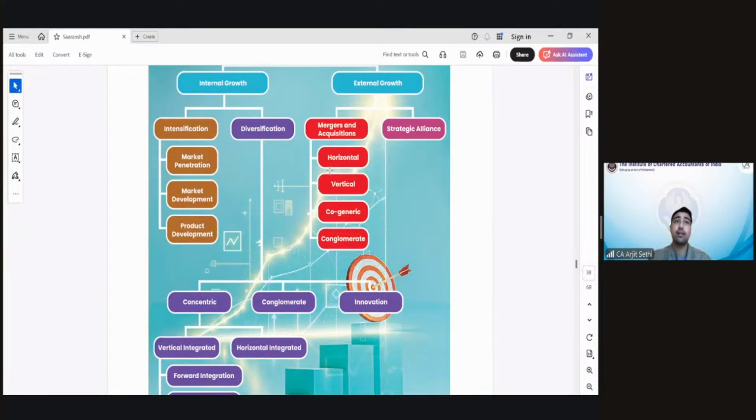Strategic alliances, you do your job, what you're good at, I'll do what I'm good at, but let's come together to build this, which is somewhat related to a business. You do your job, I do my job, what I'm good at. Let's work on using our expertise. That is a strategic alliance. Okay, wonderful.